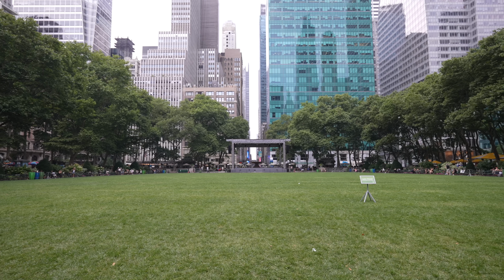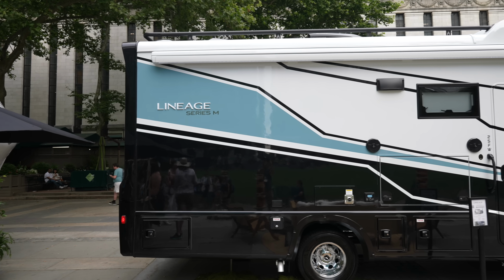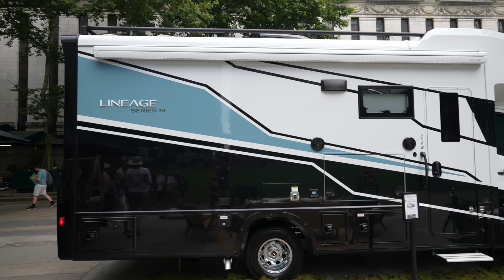And then once they got the units here to Bryant Park, they've still got to get these units onto these pavers or this pavement over here, and this is not normal pavement. So they had to rent plywood to drive these units onto these concrete pavers they have over here behind us, because if they crack just one of these, it's $5,000 a piece. You don't want to do that. No, so they rented plywood, and it took them 2 hours to slowly take these units across this concrete